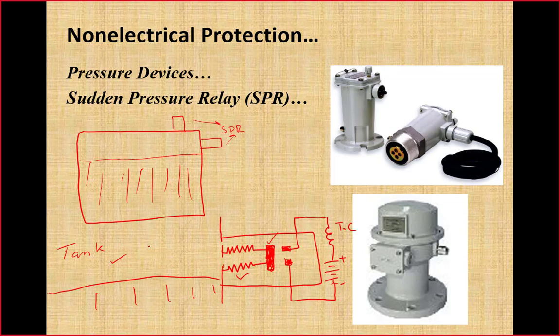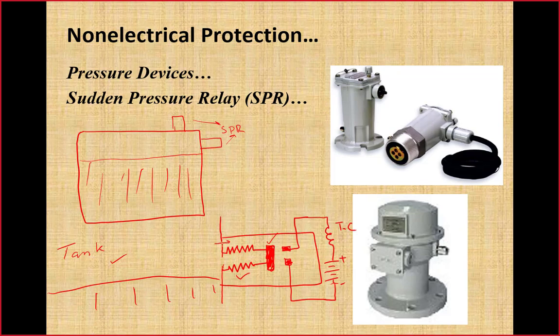Other thing, the equalizer. This equalizer is this small hole over the top. So this is a small hole through which gas can also pass on the other side of this bellow to equalize the pressure. In case of minor changes in pressure inside the transformer tank, this equalizer will be able to equalize pressure on both sides of this bellow. So bellow will not be able to expand in those conditions.